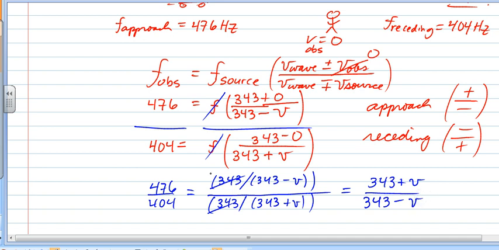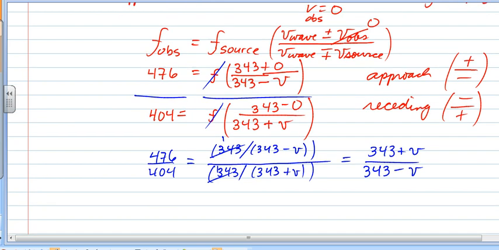Okay, so if you don't believe me, just write 1 over and divide it out the long way. You will see that this is indeed the case. And at this point, we just have a simple equation to solve for V. It's very straightforward. What we get is something along the lines of 24,696, if you want to check your work, is equal to 880 V. So the speed of the fire truck is about 28.1